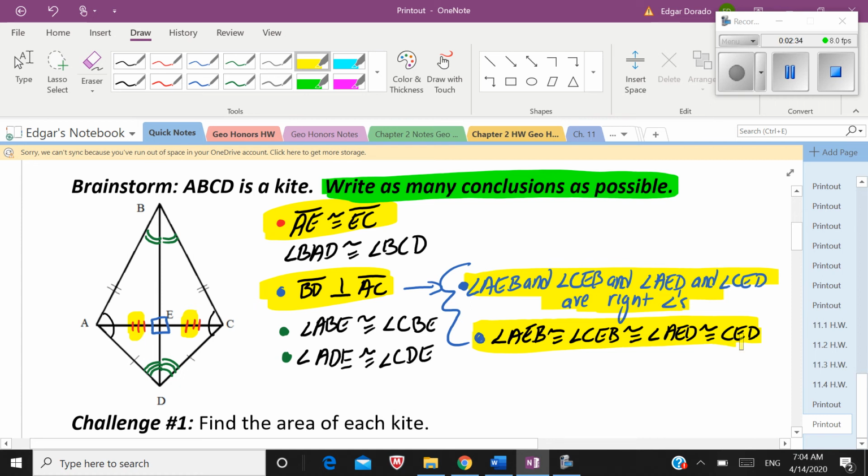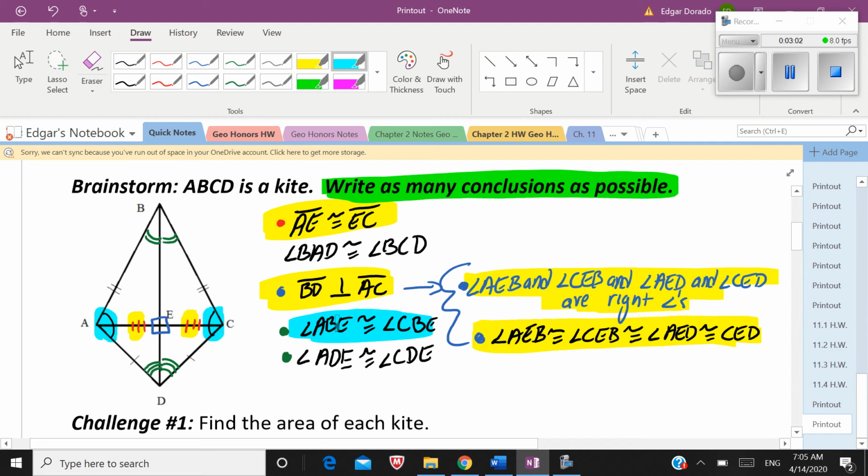Let's see, what is another thing that we know from kites? Well, we also know that one set of opposite angles is going to be congruent. Angle ABC and angle ADC are not congruent. However, angle ABE, and let me highlight that in blue, angle ABE,